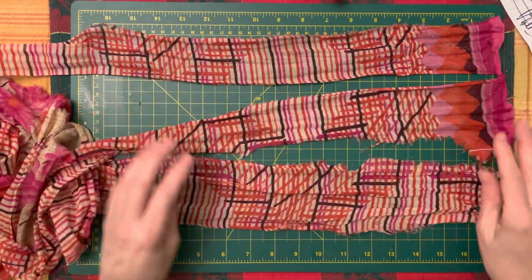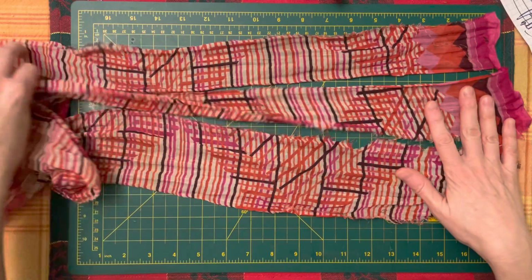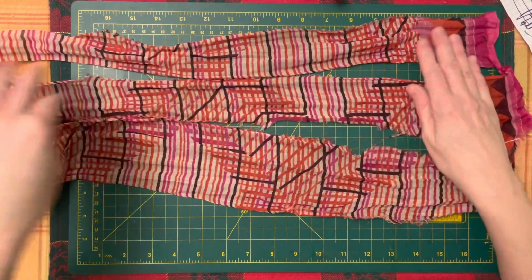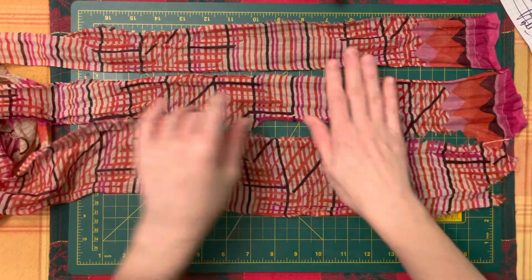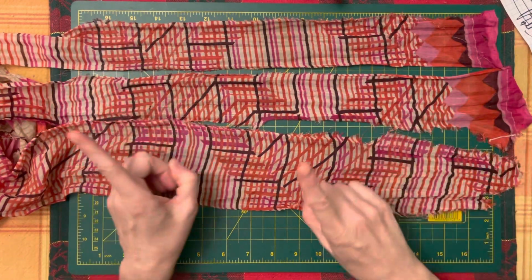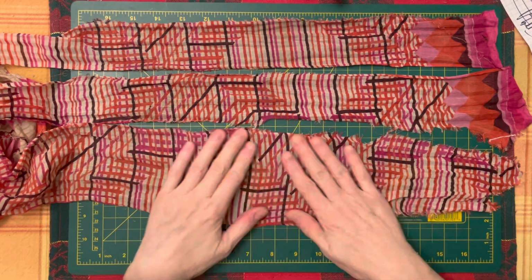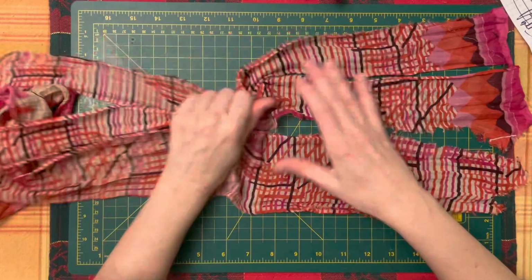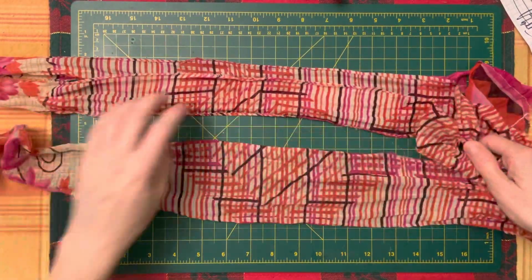And one of the things that I came across was somebody talking about how not all chindis are made the same. And I had this amount of information about the one chindi that I bought and half deconstructed and understood. I'm starting to gather an understanding of this textile, how it's made,